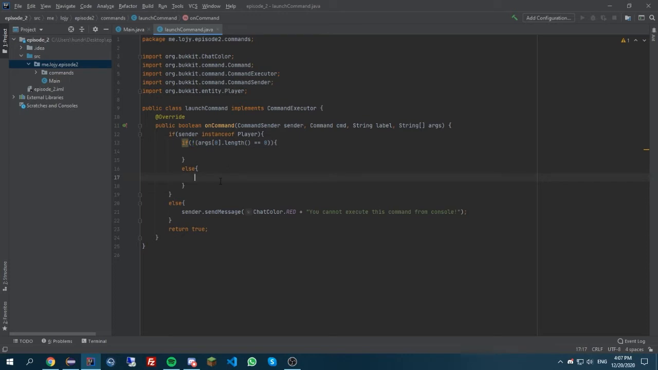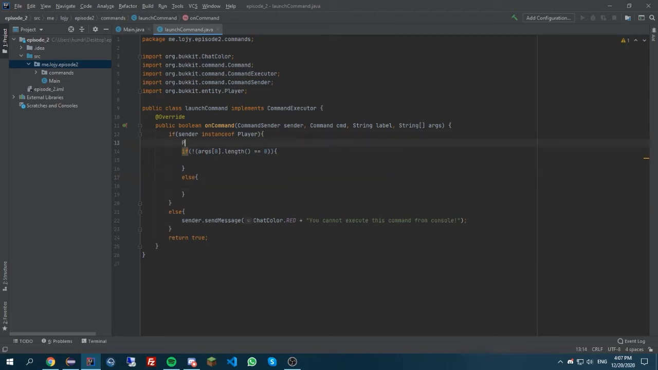So if there is no argument, first off, before we do anything, let's go up here and get an instance of our player P. You can put this P as anything you want. I'm just putting it as P, player sender. Okay, so now we can do P dot whatever we want. So I'm just gonna do P send message, and